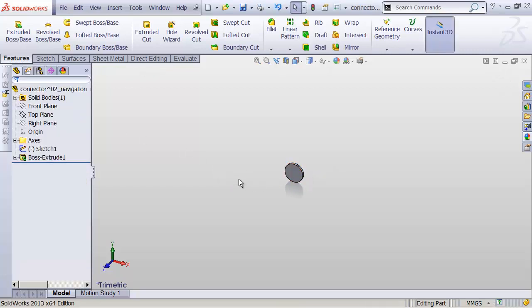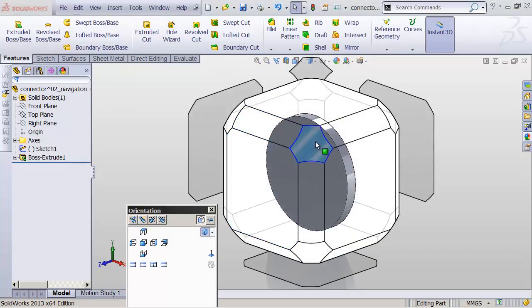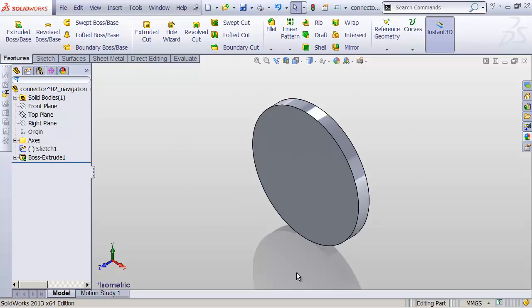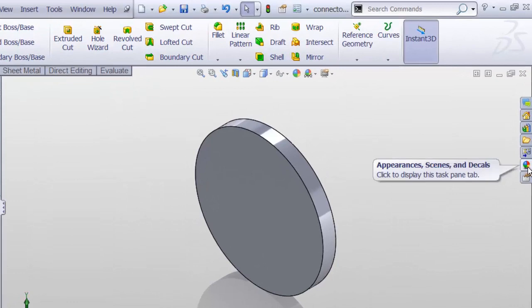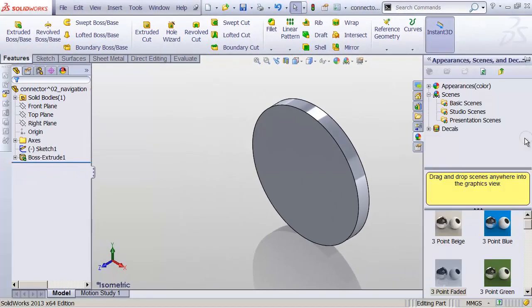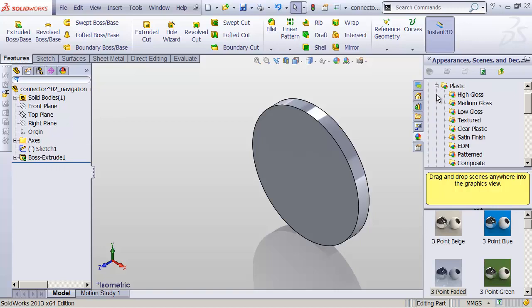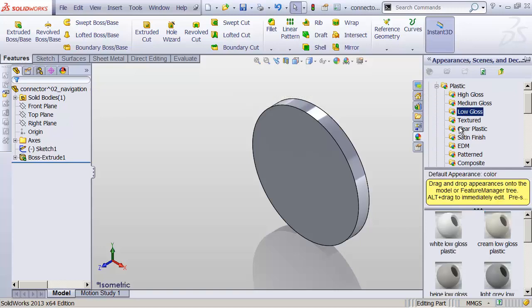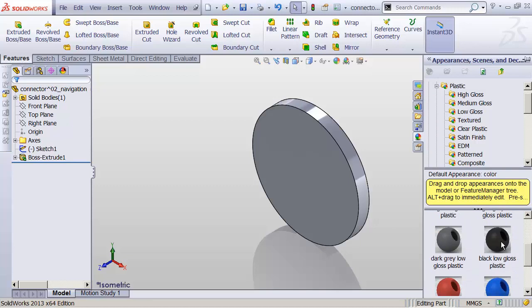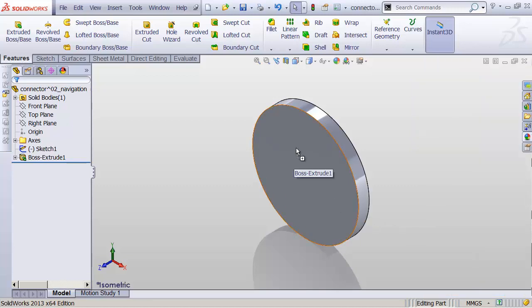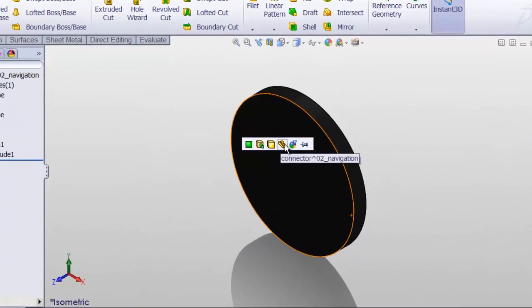And finally, let me zoom into this first of all, and I could zoom in manually, but instead I'm going to hit the space bar and just choose an isometric view. So that's going to automatically fit everything in my screen. Now I'll head over to the right side of my screen, and you'll see this little beach ball icon. If I click that, it's going to bring out a bunch of resources that set up appearances in SOLIDWORKS. We're going to use these quite a bit. Let me drop down my appearances, drop down my plastic appearances, go to my low gloss plastics, scroll down here. I'll take my black low gloss plastic, drag it onto my object, let go,